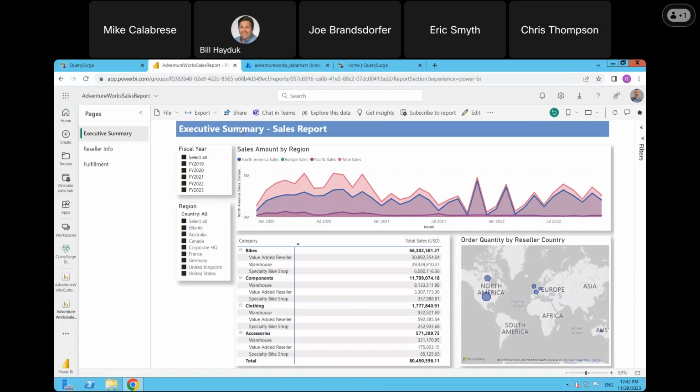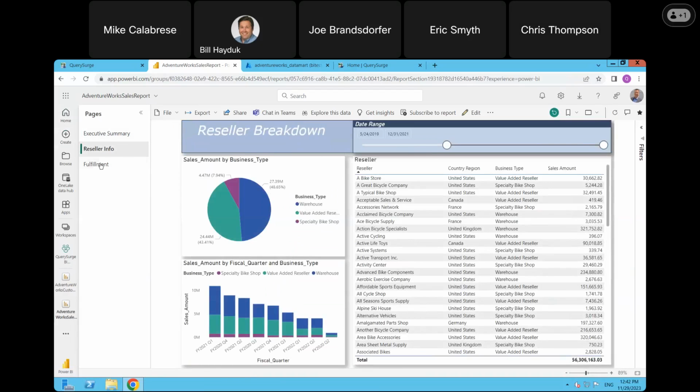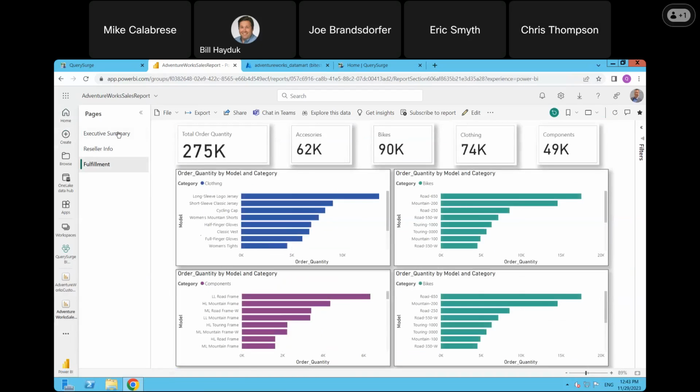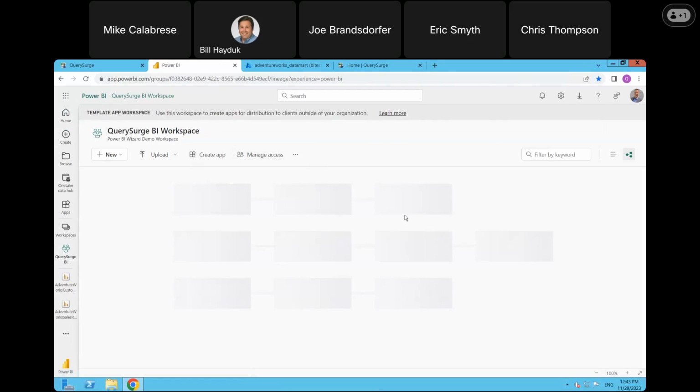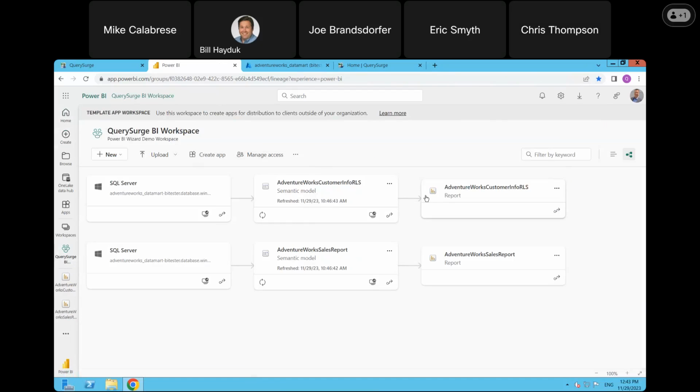So what I have up on this screen right now is one of the example reports that we'll be looking at today. I have this in a BI workspace. This report has 3 different pages, as you can see here, with different visualizations on AdventureWorks data that provides executive summary on sales information. All the data that we see within these reports, if we switch over to the workspace